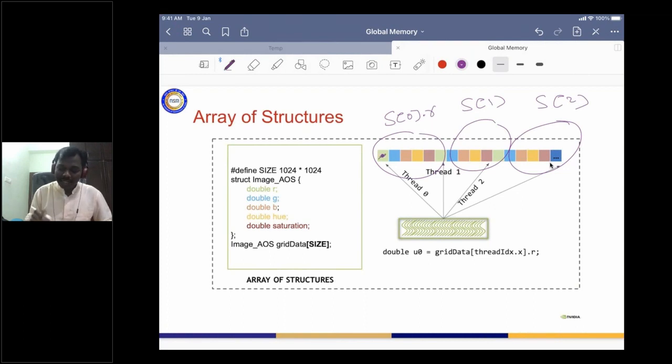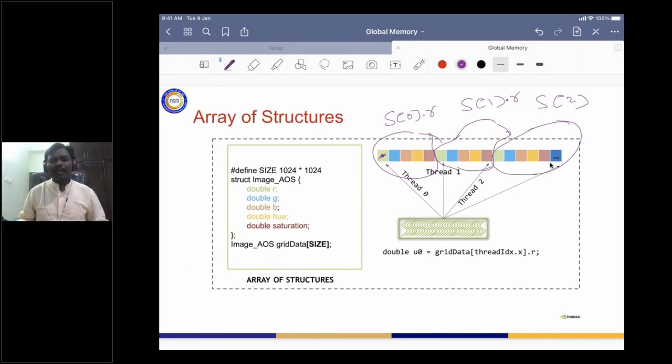Thread 1 wants to read one single variable from S of 1, and that variable is sitting here. This structure completes here, the next starts from here, this again completes here, and the next one starts here.